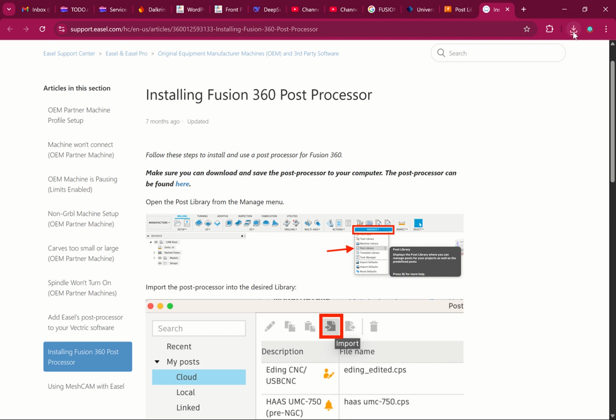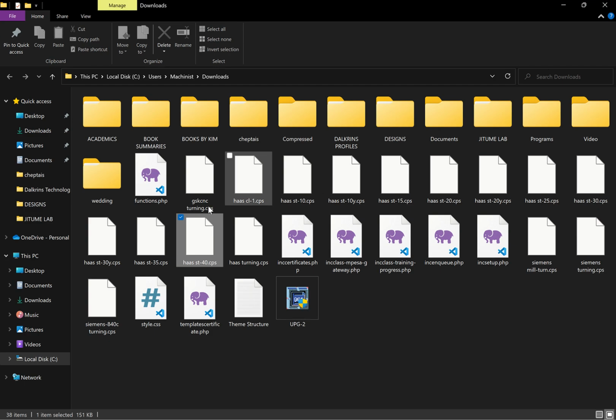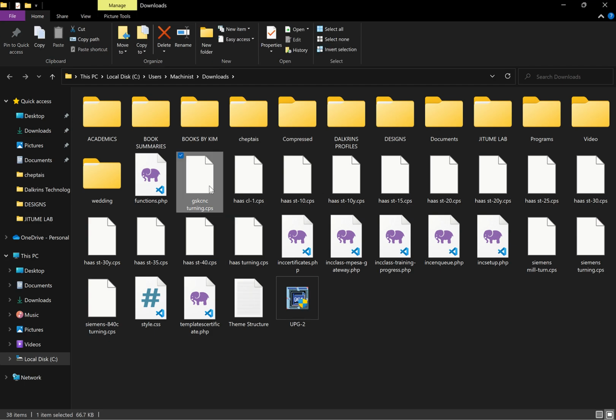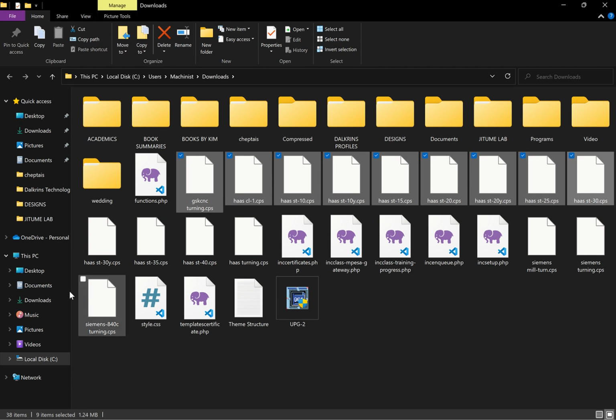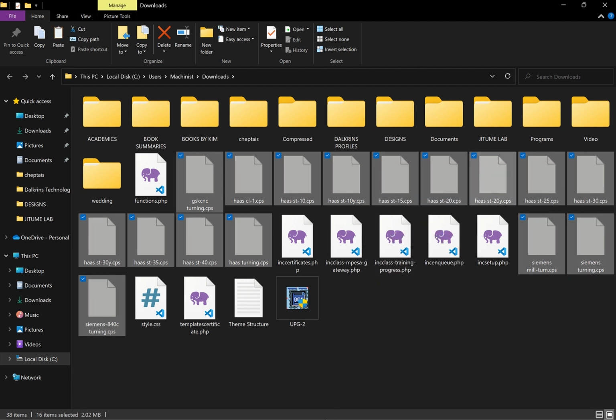I can go here. I want to see the downloads. Let me check all these downloads. From here, I can pick these, my downloads for the post processors. I can pick all of these post processors. I want to remove them here. Right click, then say cut. I want to go to